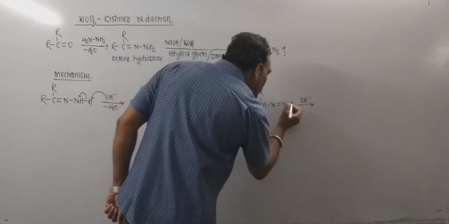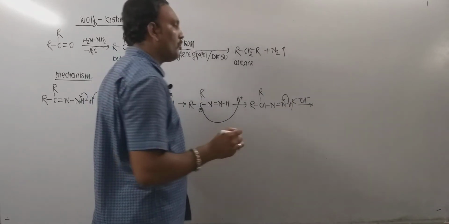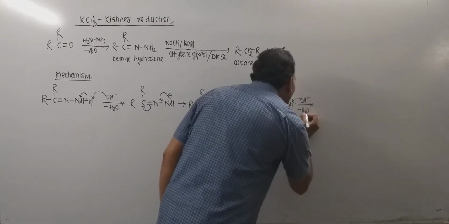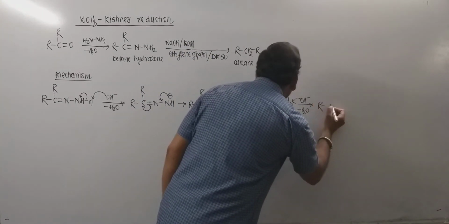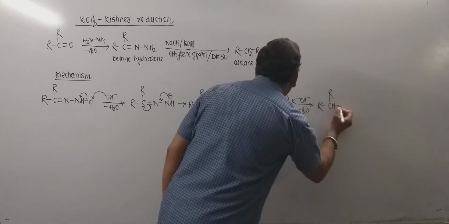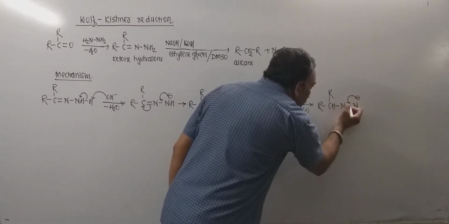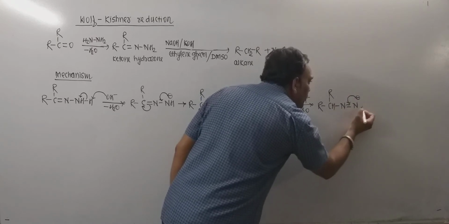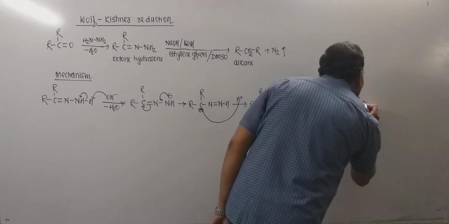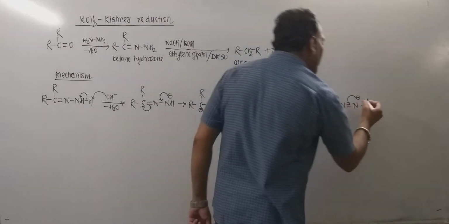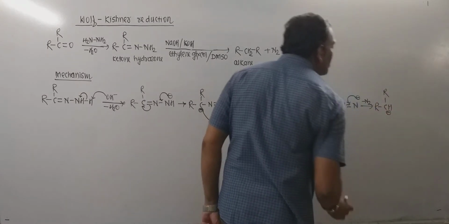Now further, again the base removes this hydrogen as well. These electrons remain at the nitrogen, and thereby departure of water takes place as the hydrogen gets removed in the form of a proton. Thus the new intermediate product is obtained. Now this electron pair remains like this, and thereby evolution of N2 takes place, and this electron pair remains at the carbon. So N2 gas gets released, leading to the formation of an intermediate species.